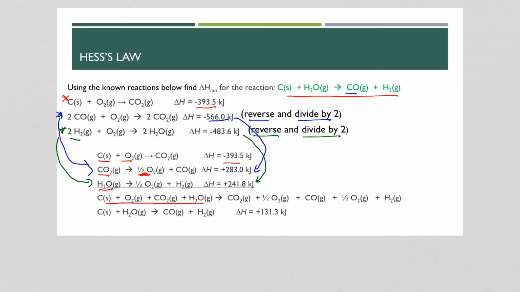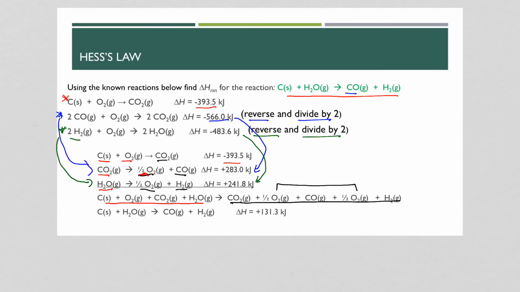My products, I have 1 mole of CO2, half a mole of oxygen, 1 mole of CO, another half a mole of oxygen, and a mole of H2, and I have all of my products. Now if I do a little manipulation here, where I combine these,